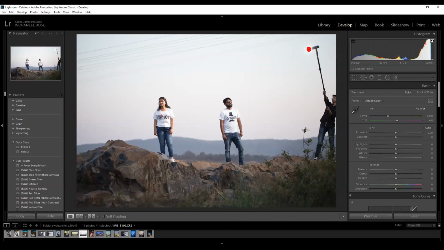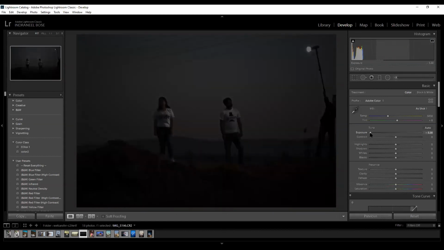Now step by step start connecting each and every topic. Got the point? That's why in the first day I told you what a clipping is. Clipping is the place of whites and blacks. White is indicated in red, black is indicated in blue, where there will be no information for any changes to happen over there. Now understand. See, we have seen the clipping point. Now if I pull the exposure also, the clipping point remains white over there. Got the point?